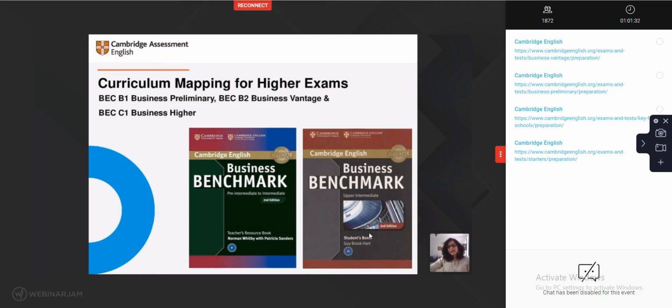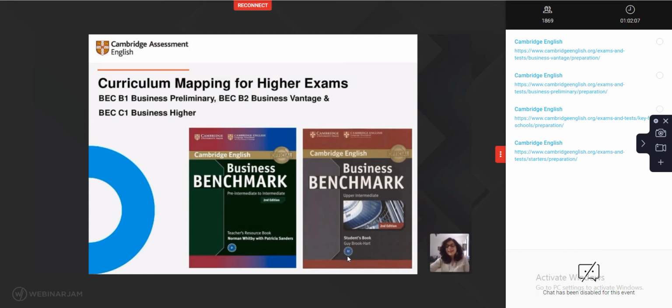Now, this Business Benchmark course book is a remarkable course book because it is designed exactly to cater to the sub skills and the task types that are tested in the Business English Certificates exam. So this could be an extremely valuable additional resource to your existing course book. If you are a college teacher or a university teacher preparing your students for the Business English Certificates module, you don't have to design tasks, you don't have to map them, you can just use